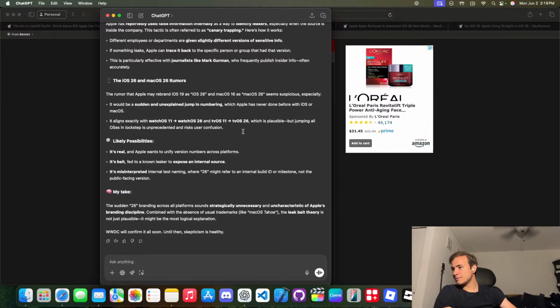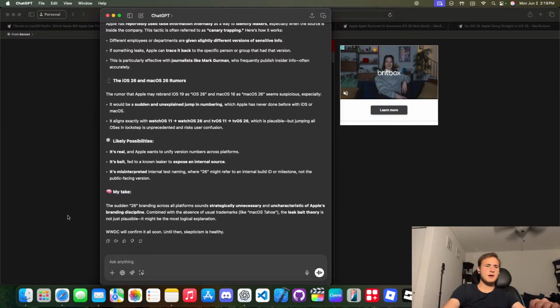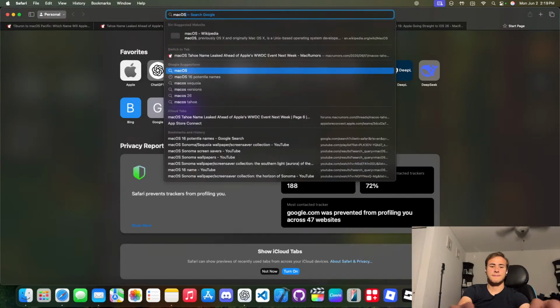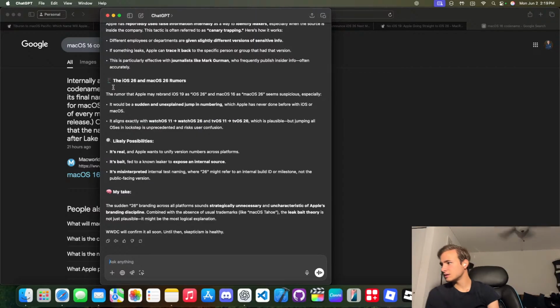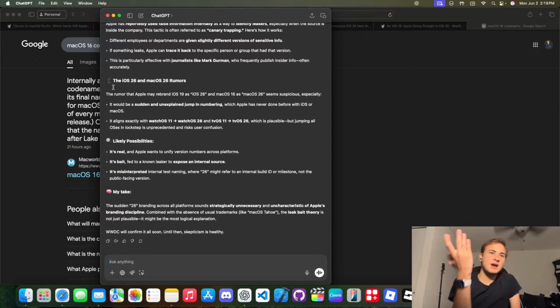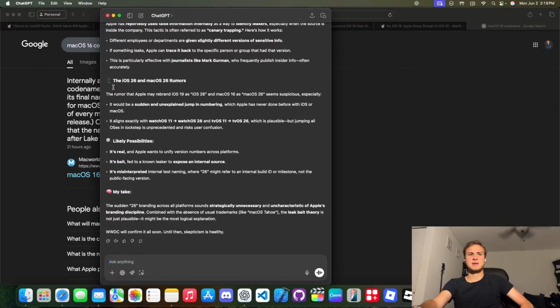Do you think the code name macOS Tahoe is iOS 20? It could be a code. I thought we had a code name. Oh, it's called Cheer. Yeah, so we already have a code name for macOS 26. Maybe just to hide details about the real software. If it's called macOS California, I'm packing my bags and moving into System Settings. That name's no good. Even my MacBook would grow a mustache and start surfing. Just try to make sense of it. Yeah, a lot of this just doesn't make any sense to me.